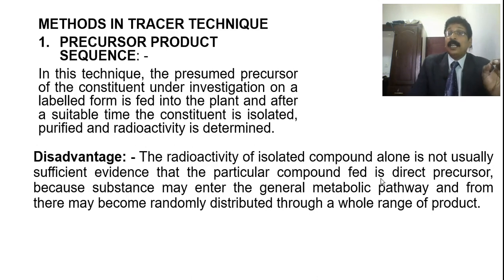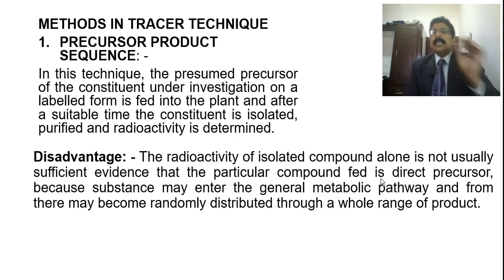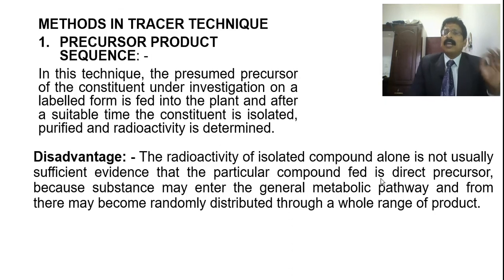As we have discussed previously, I was telling that pyruvic acid is responsible to produce phenylalanine, meaning we are taking pyruvic acid, or you can take phosphoenol pyruvate, or erythrose 4-phosphate, or you can even take shikimic acid. If you take shikimic acid, which is responsible to give phenylalanine, you can go for shikimic acid also as a precursor. Or you can take amino acids responsible for various steps. So here you can see that.